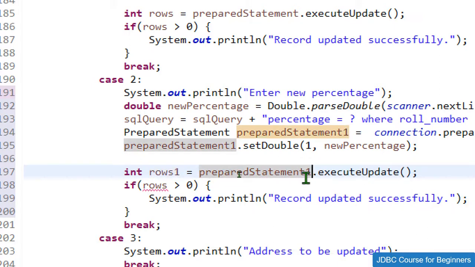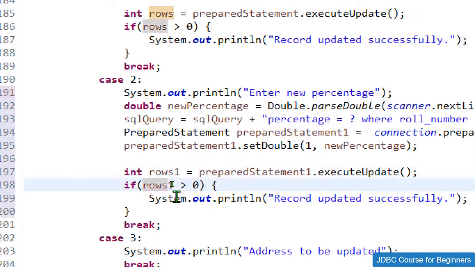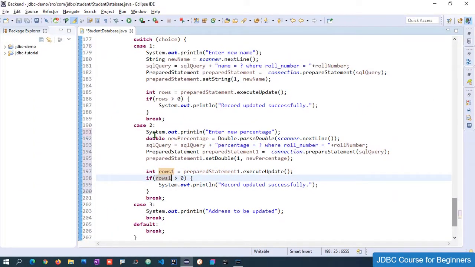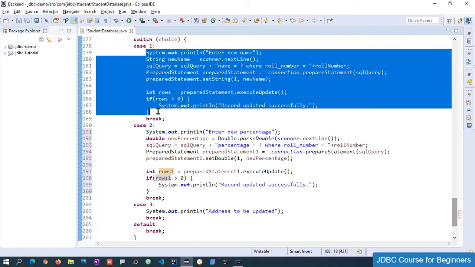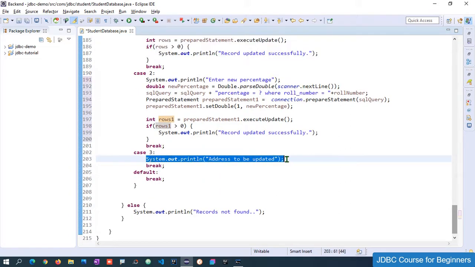So now all the errors have vanished, and over here I just need to use rows 1. Rows 1 is just a name that I've given, you can give any name. If rows 1 is greater than 0, then print record updated successfully. In a similar way, let me copy this first case code again and paste it for the address